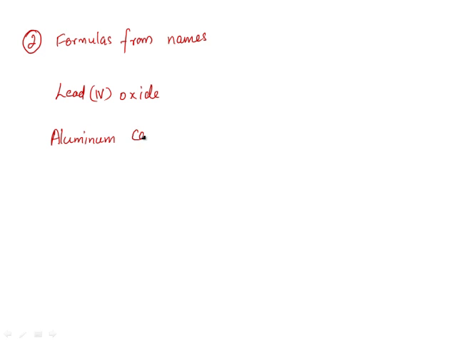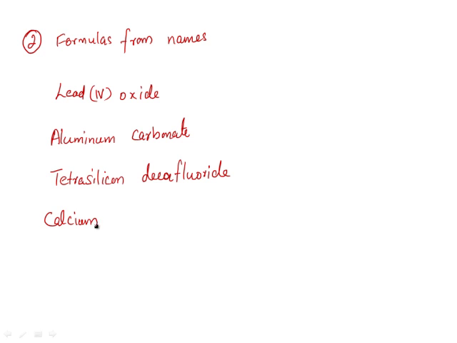Aluminum carbonate, tetrasilicon decafluoride. What was that? Decafluoride. Nitrite or nitride? Nitride. Okay, this gives us all kinds of examples. So,